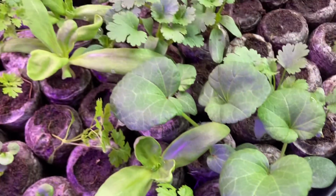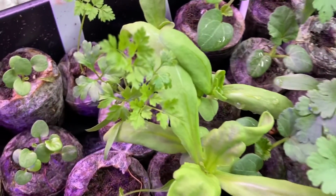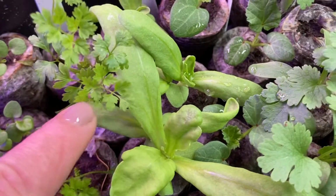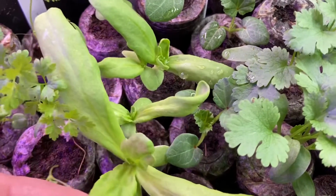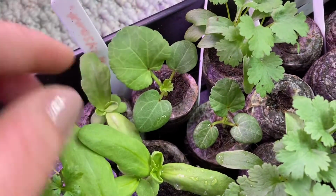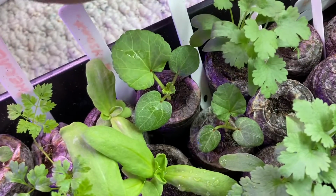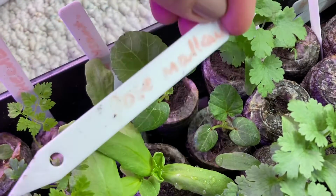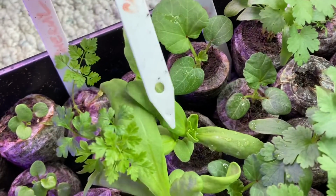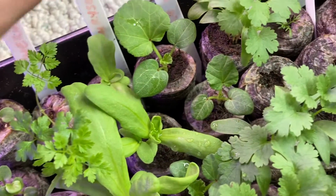And over here I have a mix of different flowers and veggies. So I have chervil over here sprouting. Then this is edible chrysanthemum. Then this is rose mallow that I got from Brampton Gardener from Canada. This is a beautiful flower and I'm so happy to grow it. And this is that chrysanthemum I was telling you about. This is cilantro